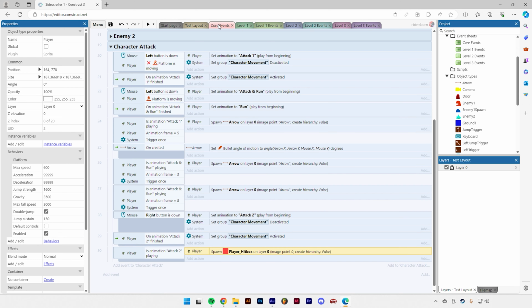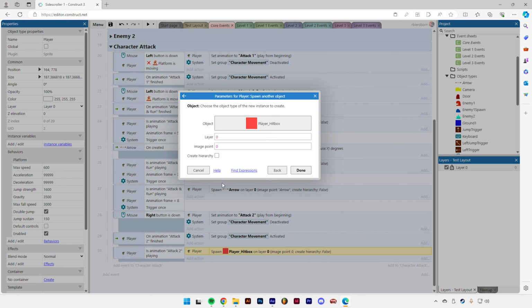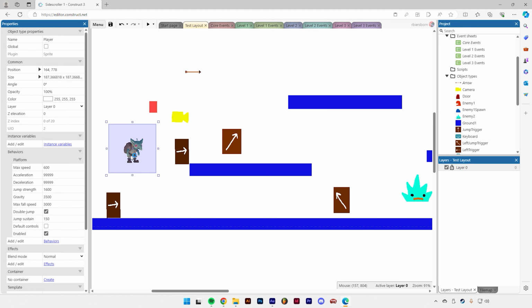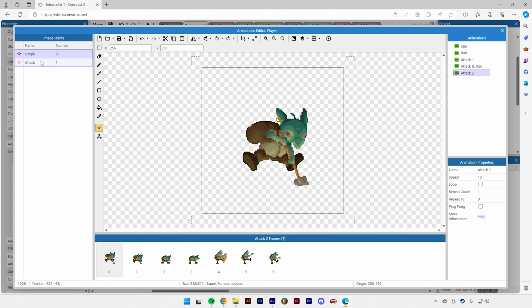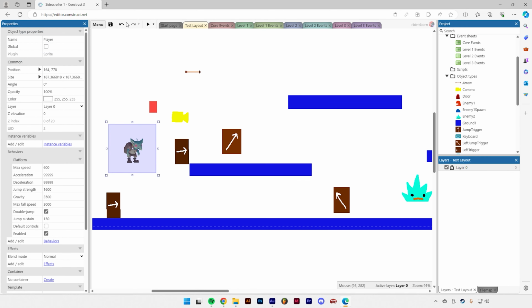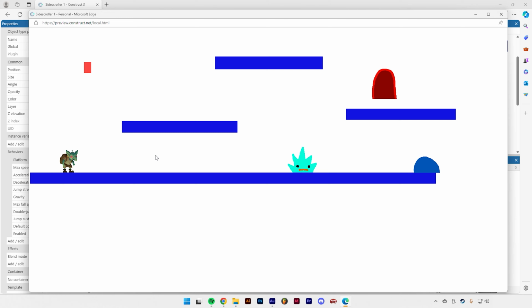Now, over my core events, I'm going to have to tell the hitbox to spawn on that image point. I'm going to do quotation marks and whatever we just named it. I named mine attack. And again, it's whatever name you used here. Great. Now if I hit play, perform the attack, you can see that it makes the boxes that follow where